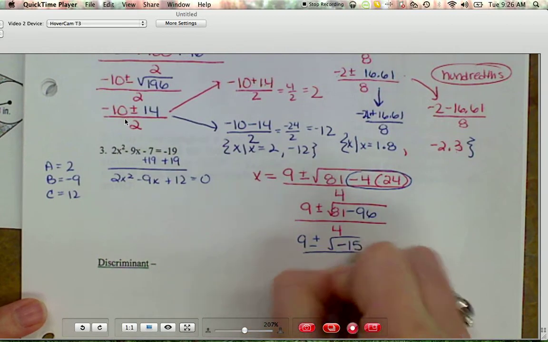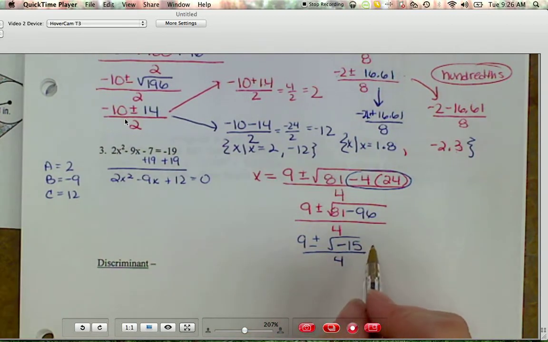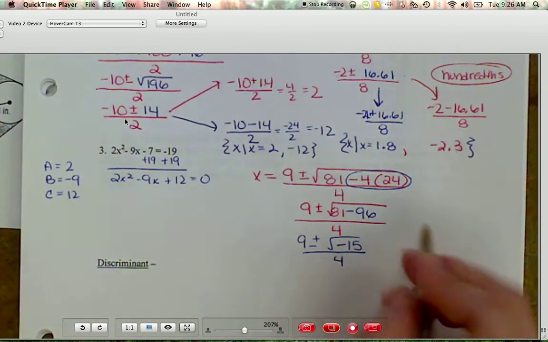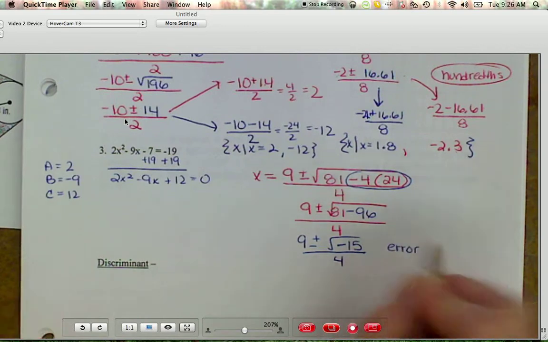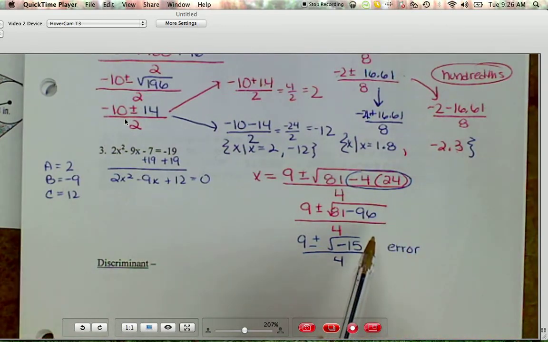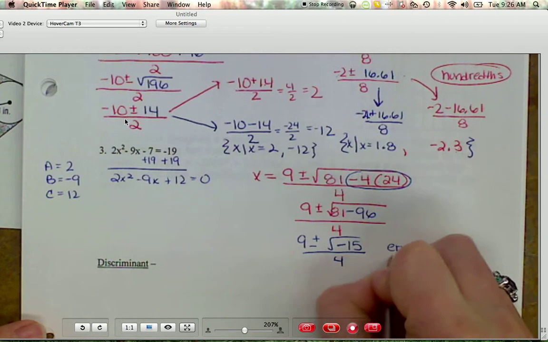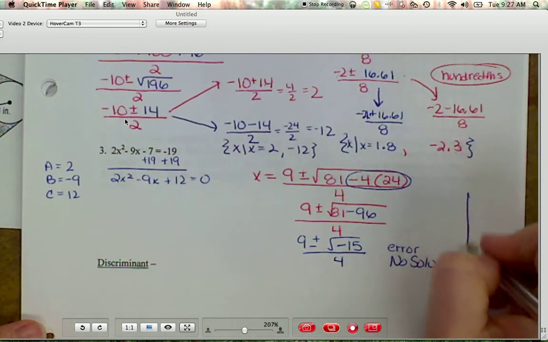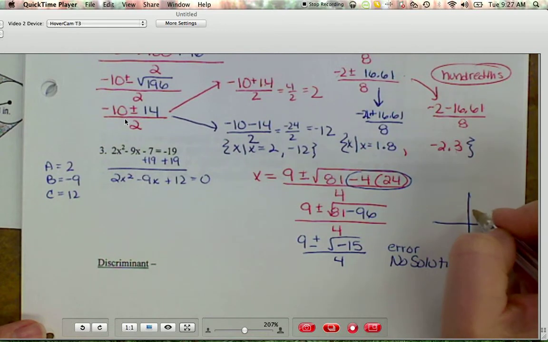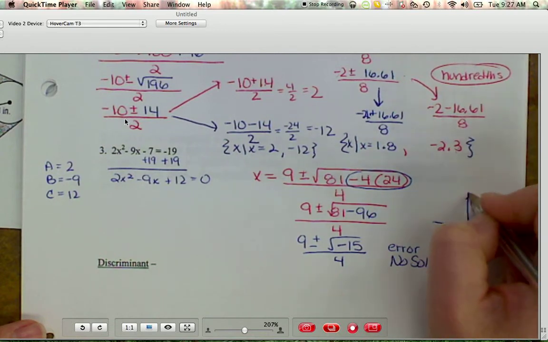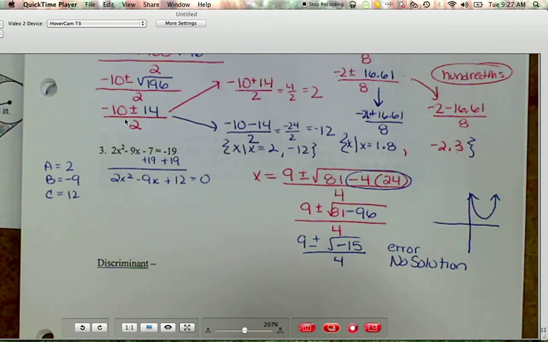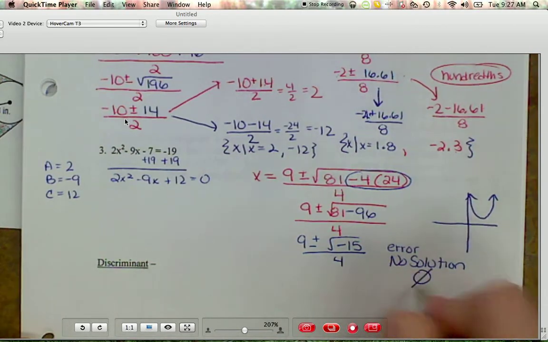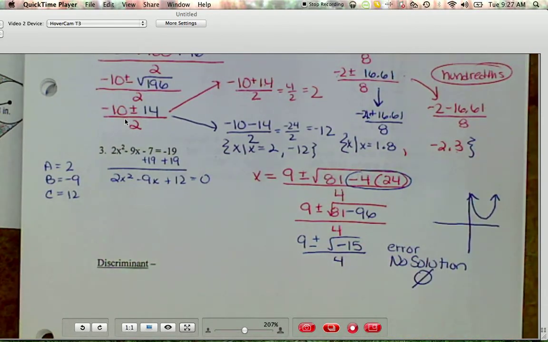Now try putting that in your calculator, the square root of negative 15. If you put that in your calculator, it's going to say error, because we can't take the square root of a negative, which means the answer is no solution. And what's really going on here, if there's no solution, is that the parabola never crosses the x-axis. So you can say no solution, or you can say the empty set. So those,